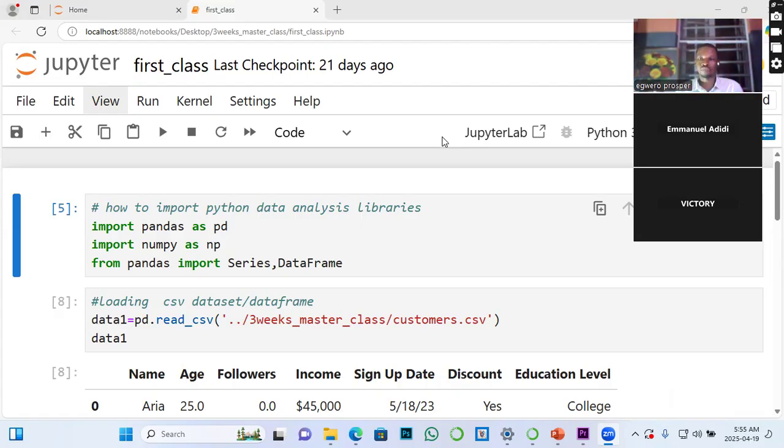A quick recap on what we did last time. It's been a while now because of our irregularity. I hope that going forward will be more serious. All right. So we actually started importing libraries into our analysis notebook